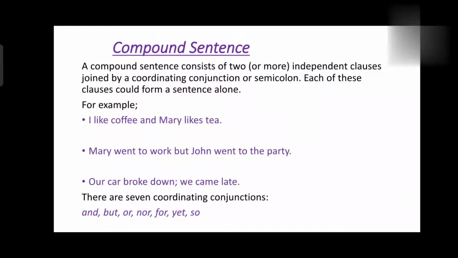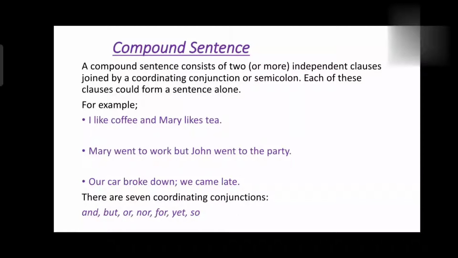Mary went to work, but John went to the party. But is a coordinating conjunction that joins two independent clauses to each other. These clauses work as separate sentences, meaning they can stand alone. Our car broke down and we came late. And a semicolon also works as a coordinating conjunction between